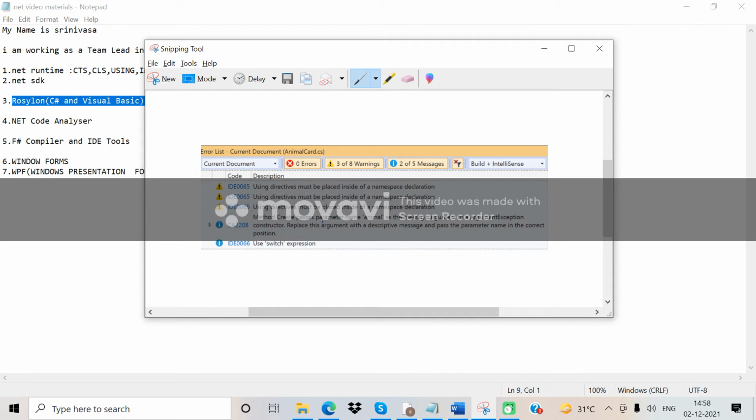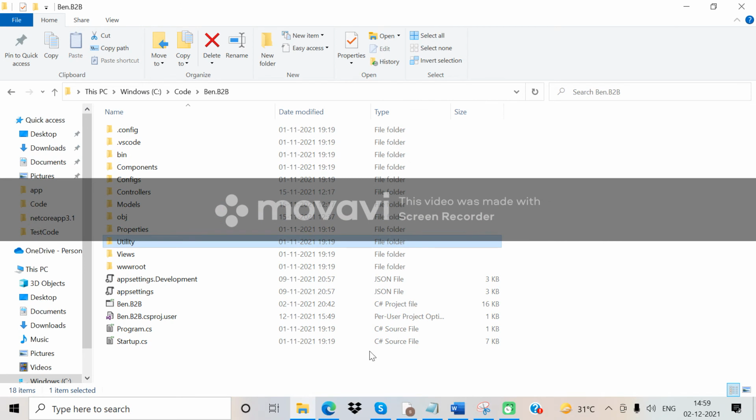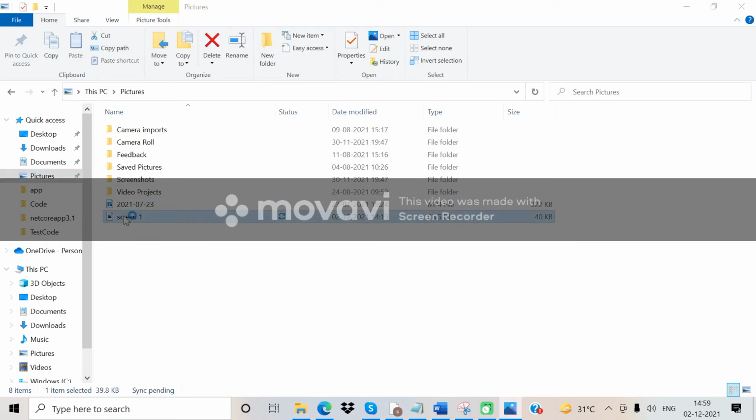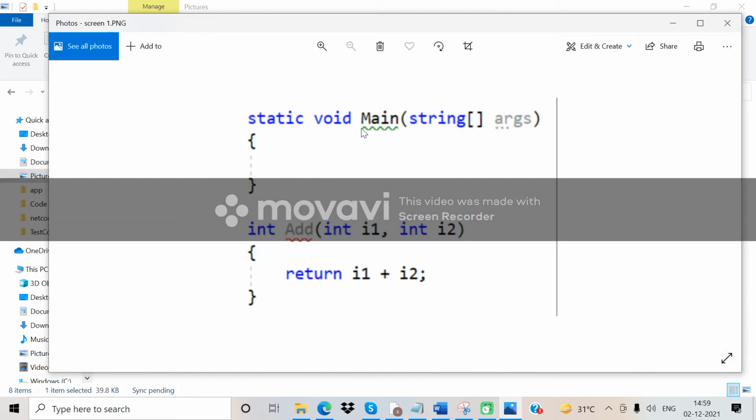And the next one is editor behavior. Editor behavior offers the code underlined with red as suitable, like this way. Undefined code like this way. I will show you the picture. See, undefined code like this. The property values are not defined properly.